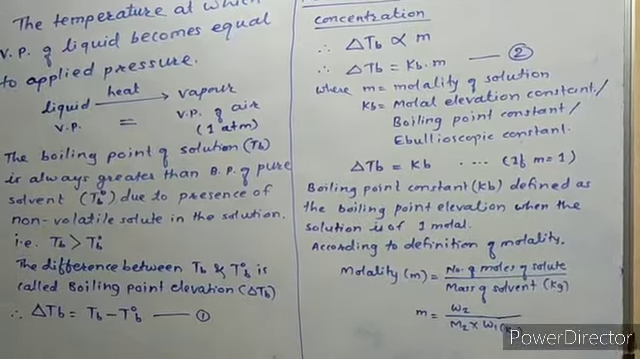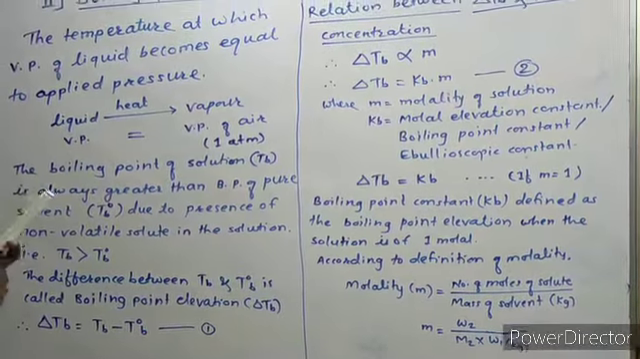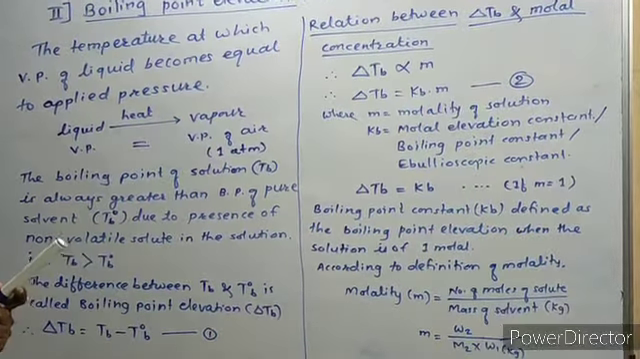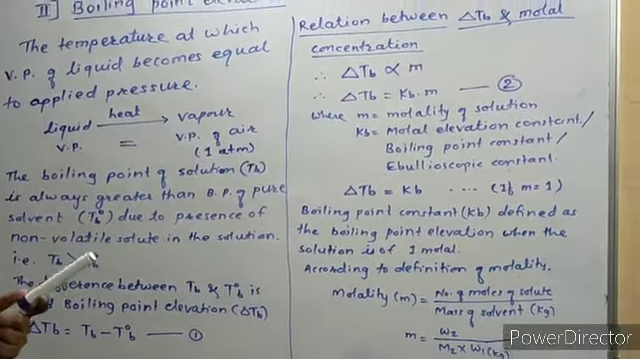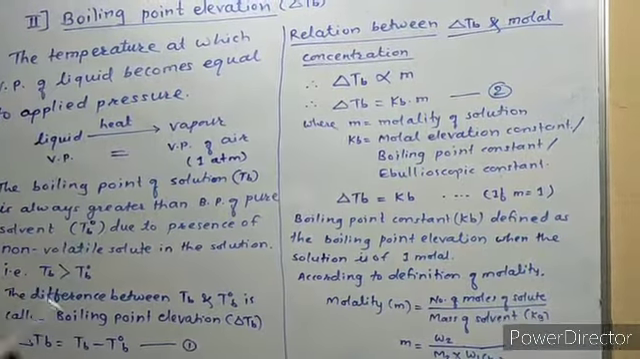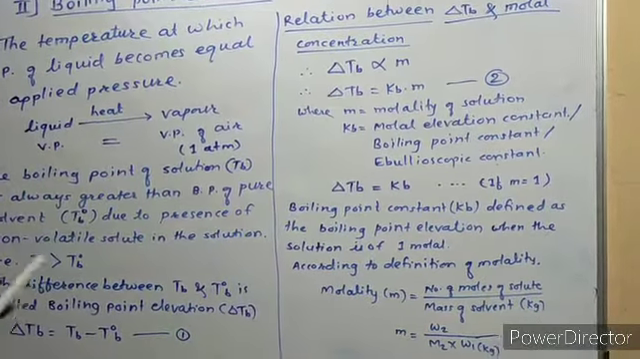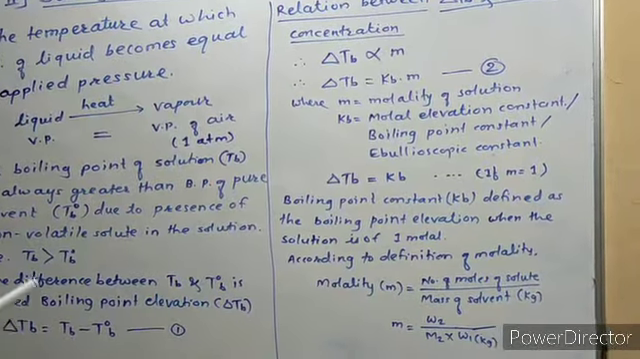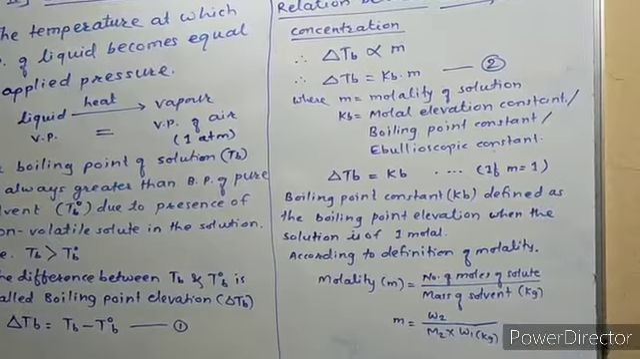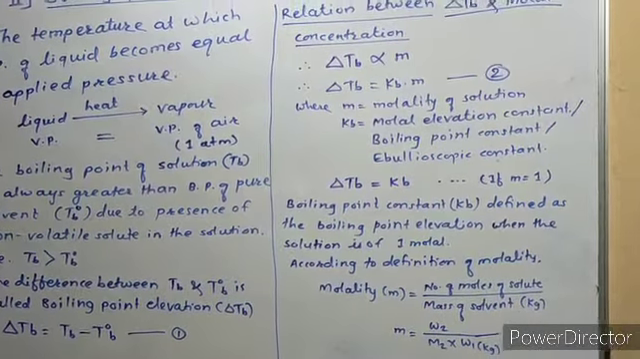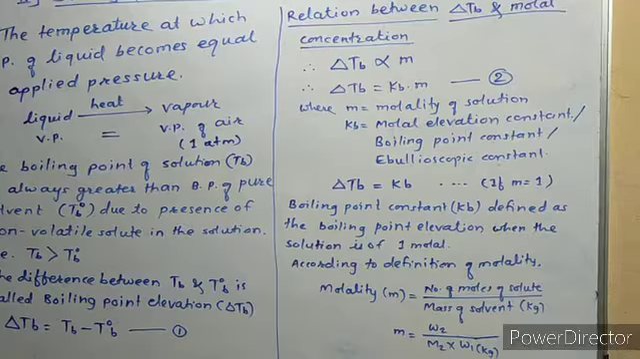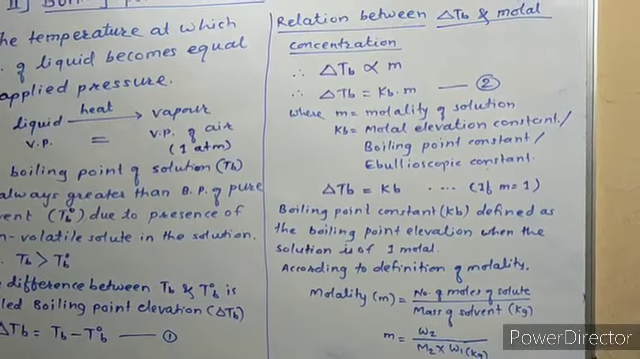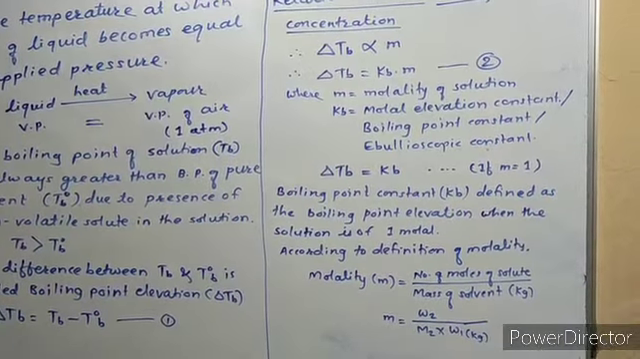Now see equation number 2, delta TB equal to Kb into m. When m equals 1, delta TB becomes equal to Kb. So in another way, the boiling point elevation constant is also defined as the boiling point elevation when the solution is 1 molal. So both become equal. Next, according to the definition of molality,